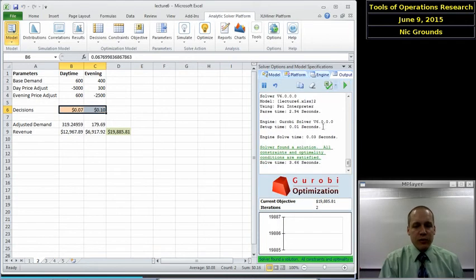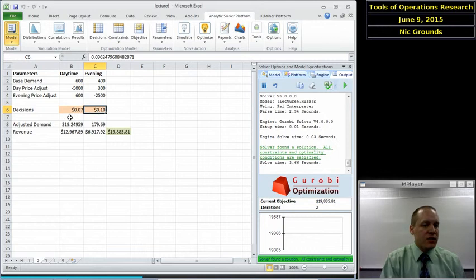Okay. So again, we see that it says it found a solution. All constraints and optimality conditions are satisfied. And what it found was we can earn revenue of almost $20,000 by using a 7-cent daytime minute and a 10-cent evening minute. Okay. So we're going to charge a little more for the evening minutes to sort of drive